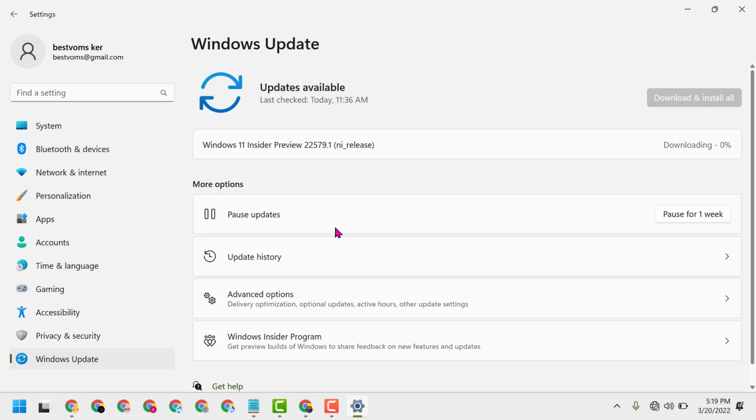Now wait a few minutes to complete this downloading. Here you will see Windows 11. It's inside the preview and this is the update version. So wait, and once you complete,